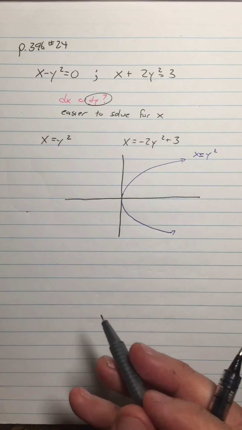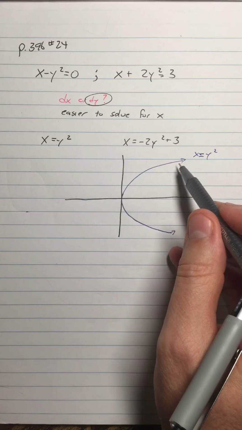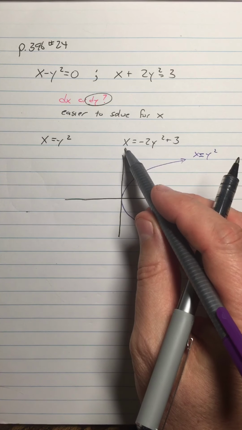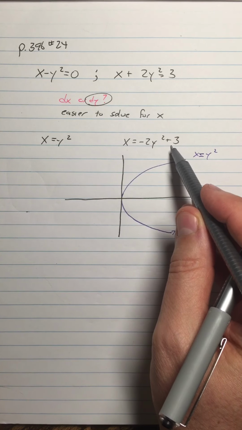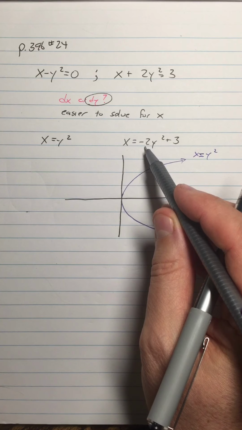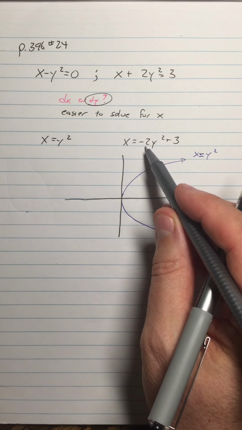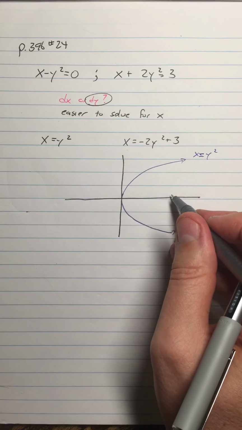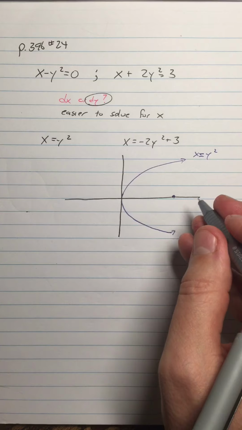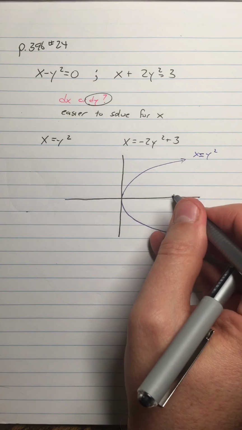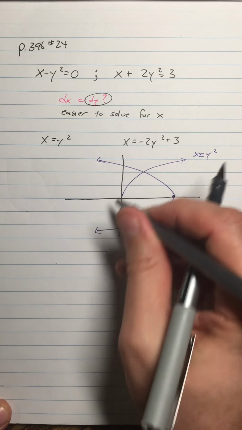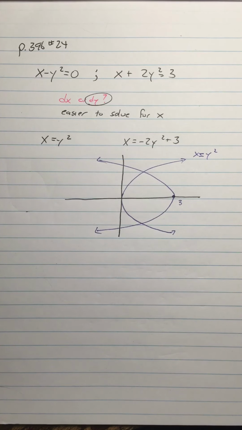All right, negative 2y squared plus 3. Well, now just think of this graph, which is x equals y squared, and say, I'm going to shift it plus 3, but I'm adding 3 to the x coordinates, so that's going to shift it right. And then I'm going to multiply by a negative, so that's normally reflected over the x-axis, but since we're in terms of x, it's going to reflect over the y-axis. So you have to think in terms of inverse functions. Everything's reversed in terms of x and y. This is going to be 3 right here, and this is going to be a parabola that goes like that. All right, we don't need to know what the y-intercepts of any of them are. We can just graph this. So here's our